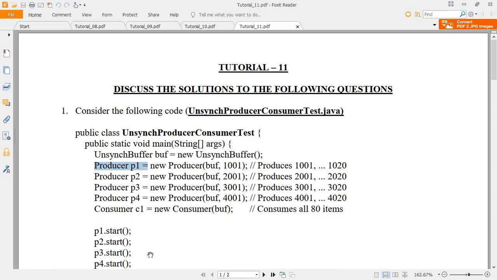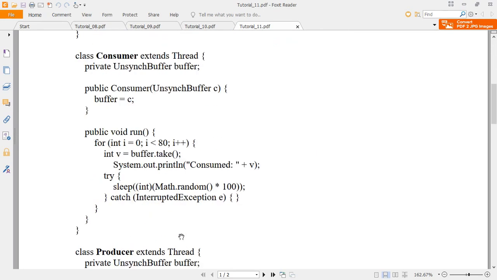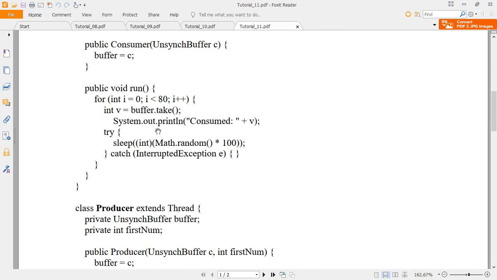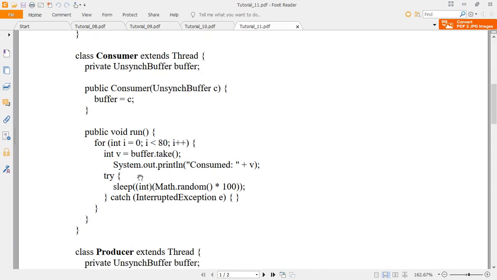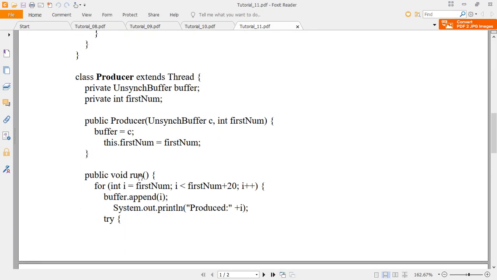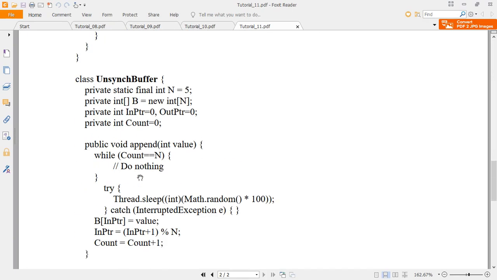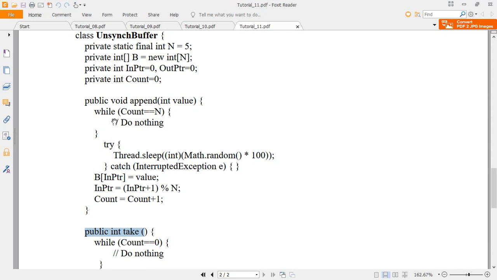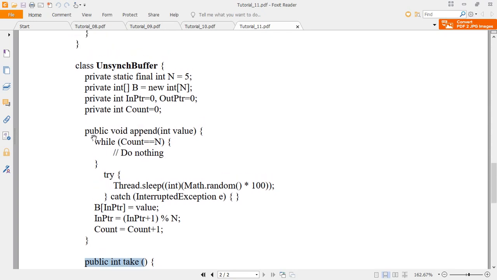Now you are supposed to observe, in the run method, the unsynchronized buffer appending the value and taking the value. In which place of this code are you supposed to use the monitor states like wait and notify, so that this particular program is converted into a synchronized one?